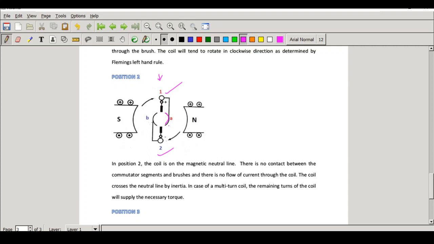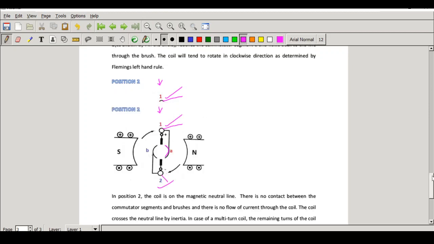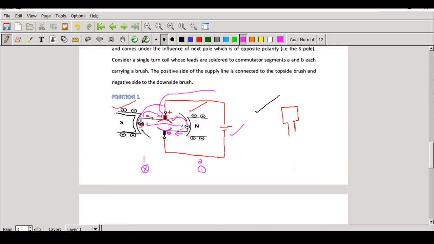So that means current, in the case of a generator, we are taking current from the brushes, whereas in the case of a DC motor, we are giving current through the brushes. So now here, since there is no contact between the brushes and the commutator, no current. That is why here you can see there is no dot, no cross. That means no current is flowing in this position. So previously there was a current flow through the conductors A and B, right? Through the conductor 1, current was entering, and through the conductor 2, the current was leaving. Okay. Now we will see how this is reversed.